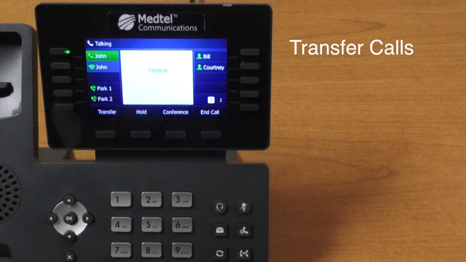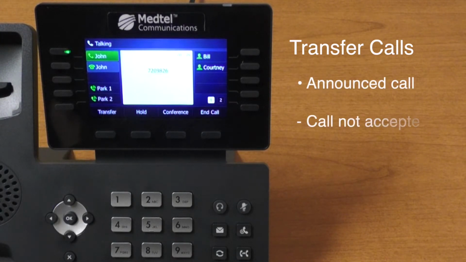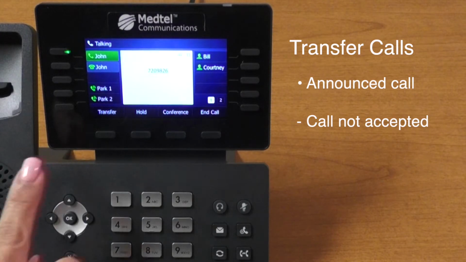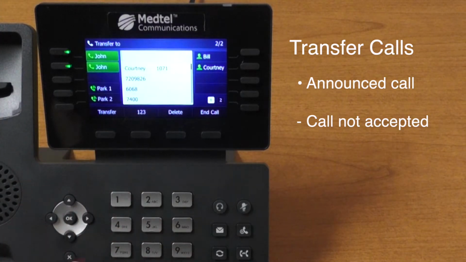While announcing a call to an internal party, if they choose not to accept the call, you may wish to stop the transfer and get back to your original caller. When I press transfer and dial the extension I wish to transfer it to,